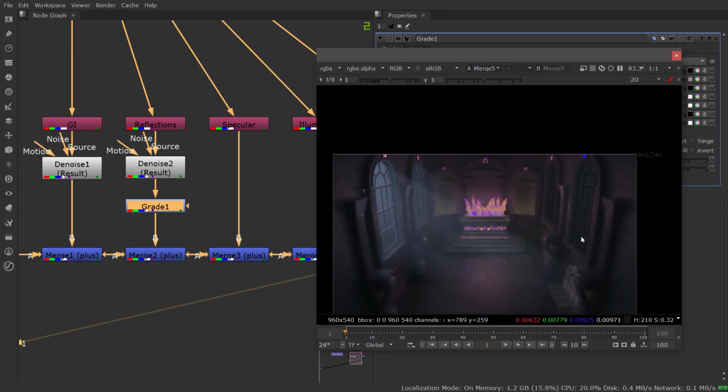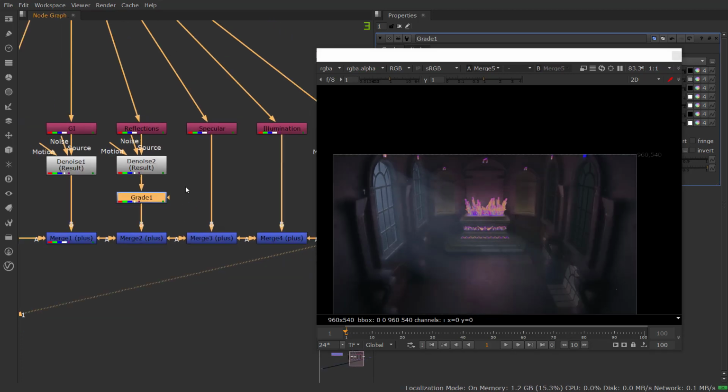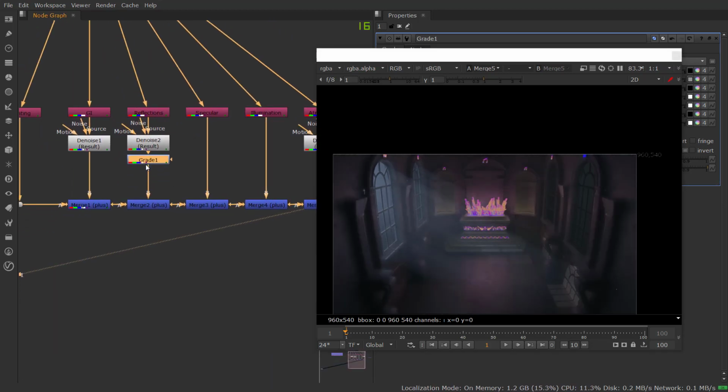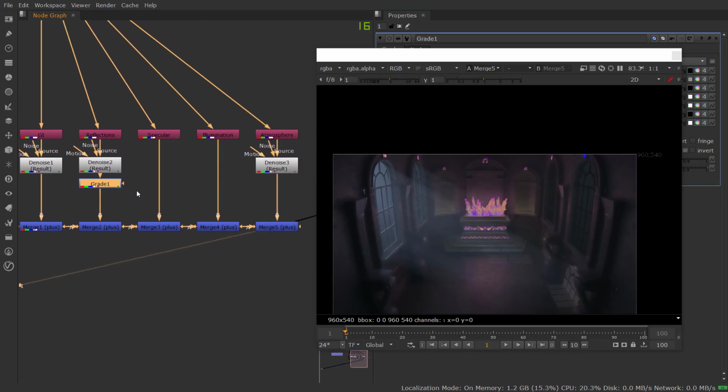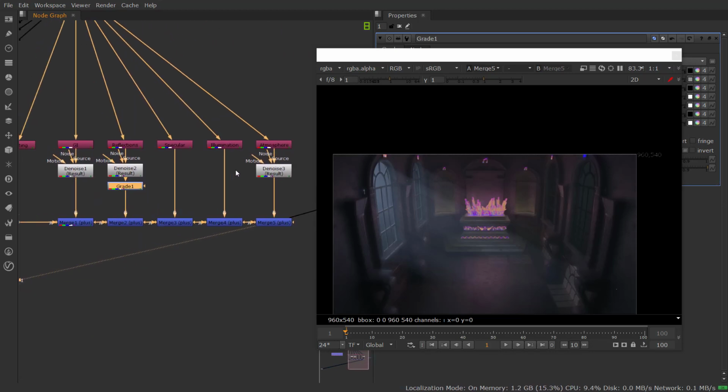So a couple of tricks I made in that one to get this kind of increased reflection. And straight away you can see, if I enable and disable this node, the reflections from the crystal have a really good impact on the scene now overall. So I like this result, so I'm gonna keep it,